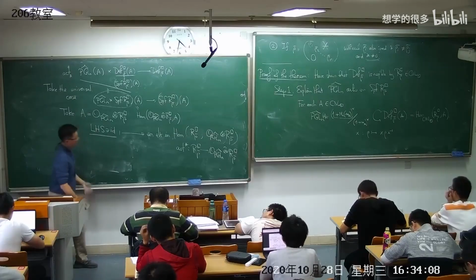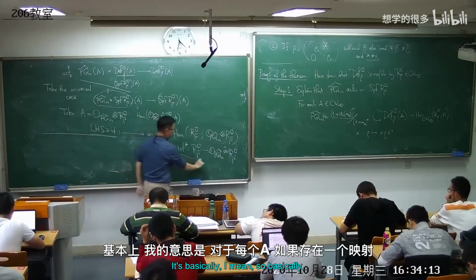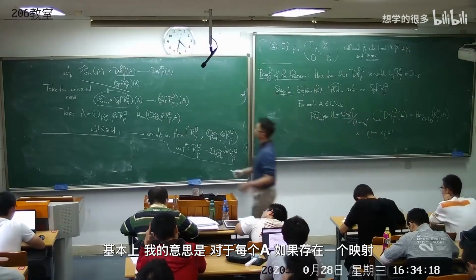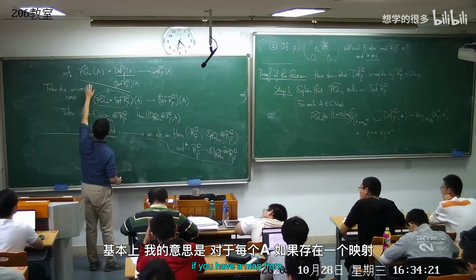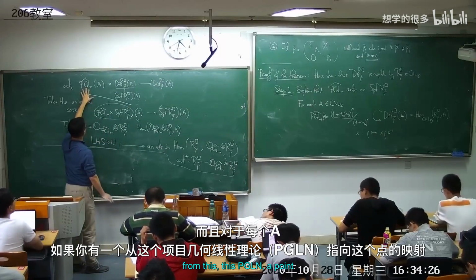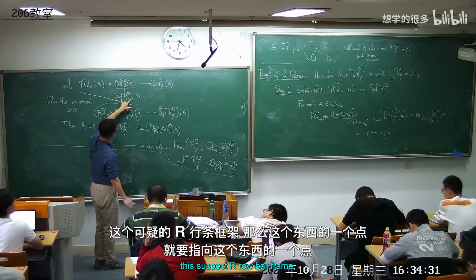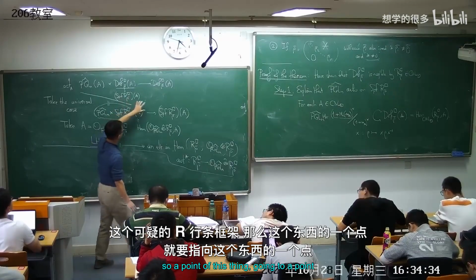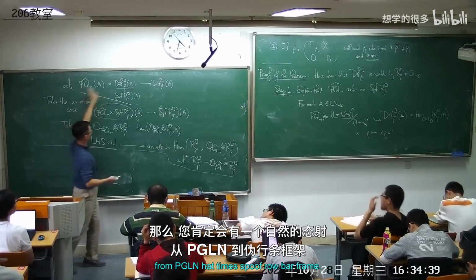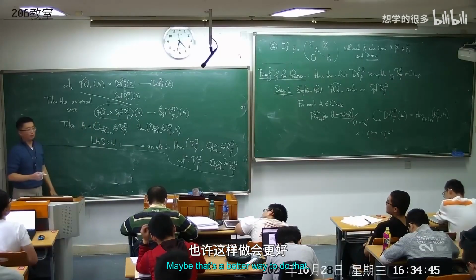Or rather, in the sense that for every A, if you have a map from A-points of PGL_N times Spf R-rho-bar frame to A-points of this thing, then you would definitely have a natural morphism from PGL_N hat times Spf R-rho-bar frame to that. It's by a uniqueness lemma. Maybe that's a better way to do it.